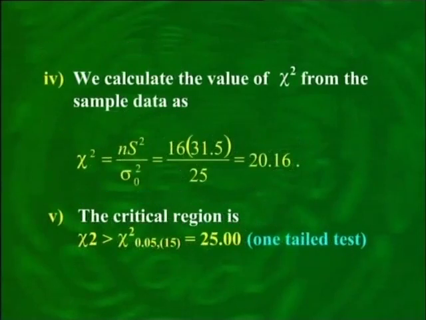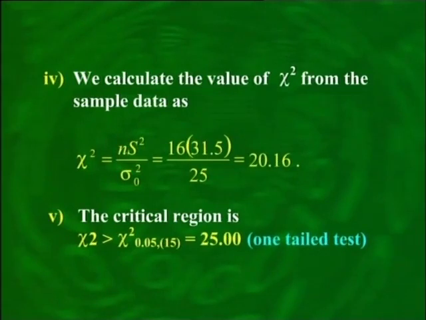In order to calculate the value of chi-square, we note that summation x minus x bar whole square is equal to n times s square, and substituting these values in the formula and substituting 25 instead of sigma square, we obtain chi-square is equal to